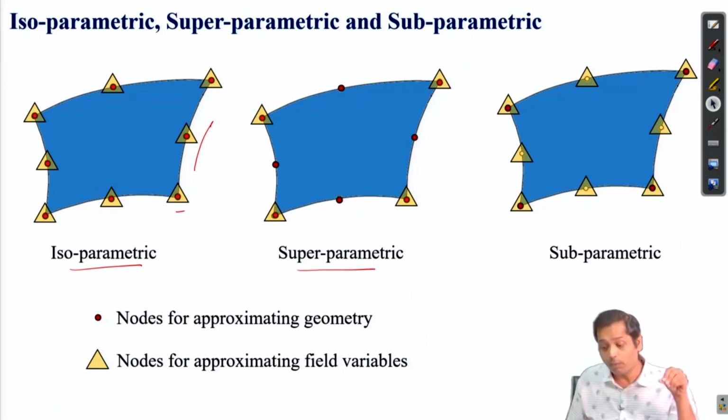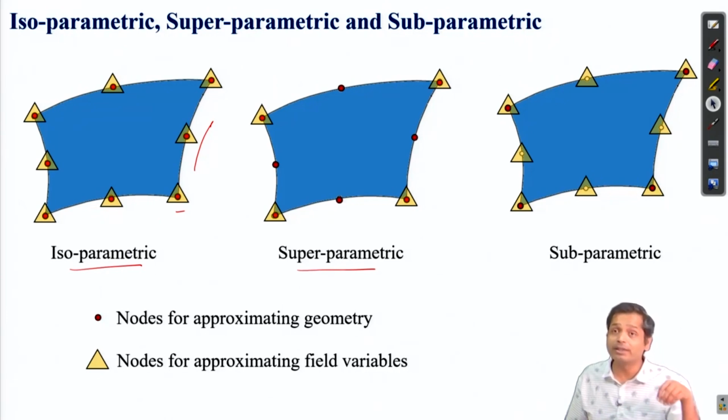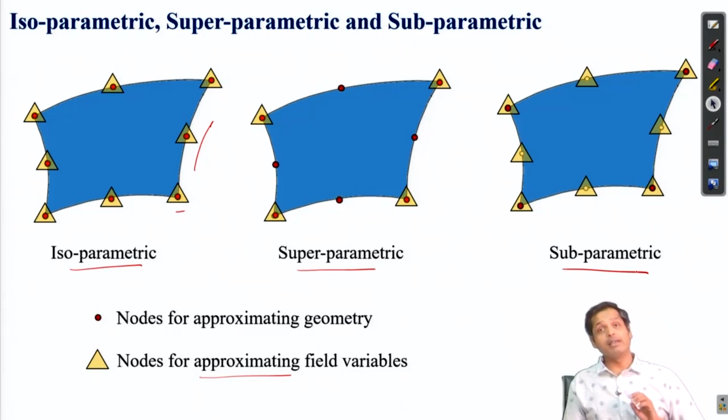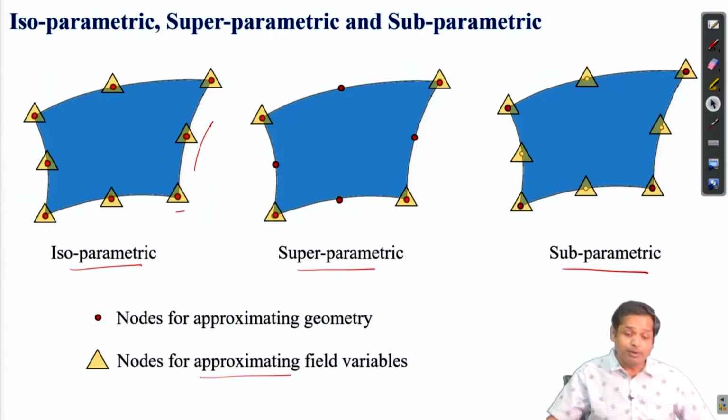Now another case is where your geometry is relatively simpler, so you may not need a higher order approximation for the geometry, but the field variables defined over the element may need higher approximation. In that case you need more nodes for approximating the field variables and fewer nodes for approximating the geometry. This is called a sub-parametric element. As I said, that example we will do in the next class, but before we stop today,